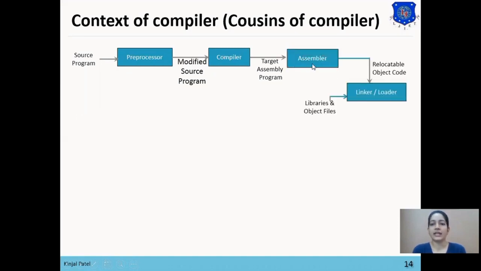So here you can see that the assembler has converted assembly language into relocatable object code, or relocatable machine code. Now there are two types of machine codes. First one is relocatable object code and second one is absolute object code. The difference between relocatable and absolute is that relocatable machine code is not at the proper location where we want. It can be anywhere in the memory, and relocatable machine code also allows the movement of the program, and the source program can be in different modules.